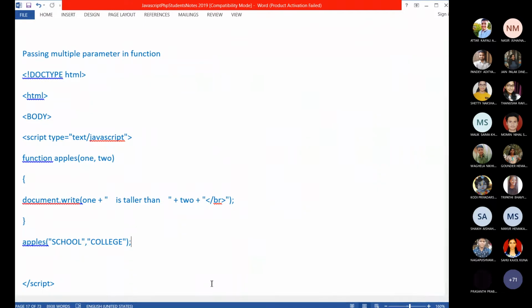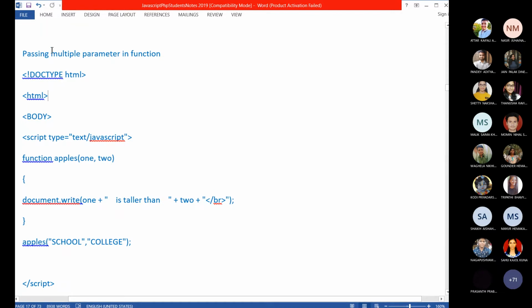The sequence of execution of the statements. Yes, very good.